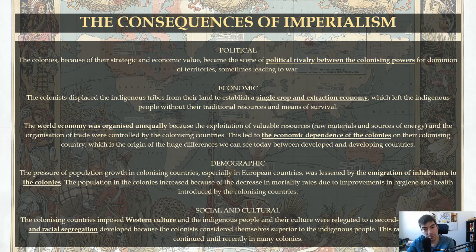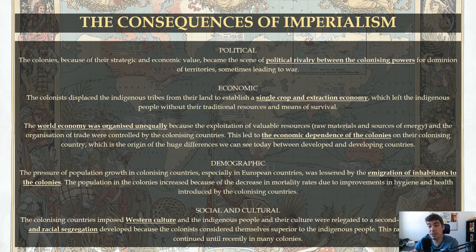Well, the political consequences were that imperialism caused a rivalry between these colonizing powers, these European countries, which later will be one of the causes of the start of the First World War. Also,